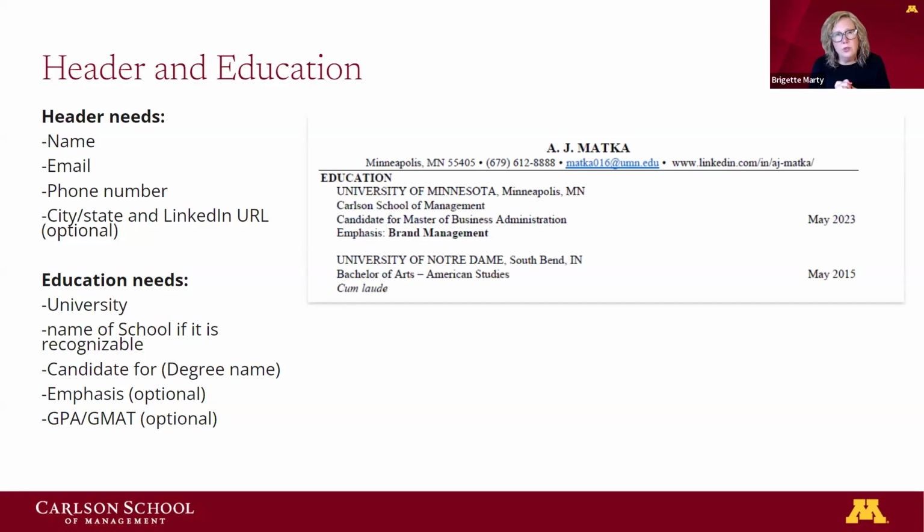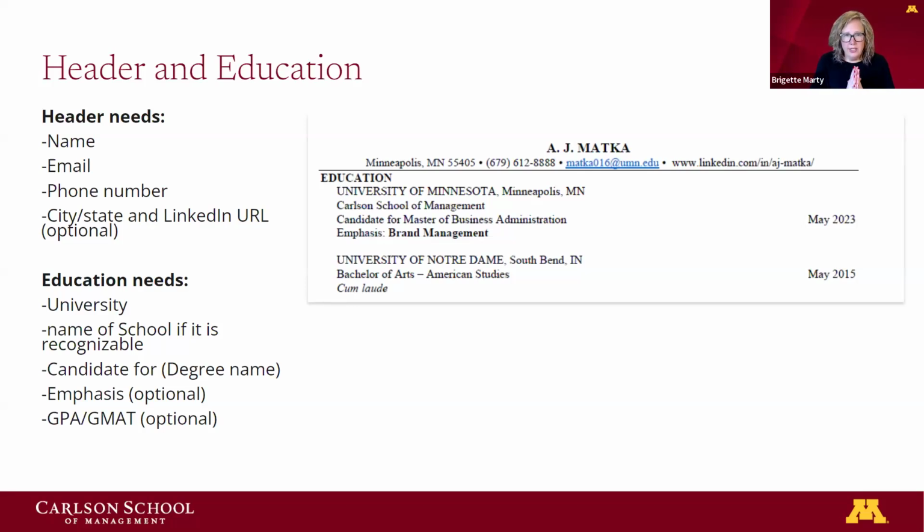Some folks also choose to remove their city and state, especially if they're doing a geographic job search and maybe they're looking to move out of Minnesota, be somewhere else. It's okay if you don't want to include your city or state. Also okay if you don't want to include that LinkedIn. But if you do include that LinkedIn URL, aim to have a vanity URL. If you watched Coach Will's section on LinkedIn, it's where you can make the end of your LinkedIn address more succinct and just say your name.